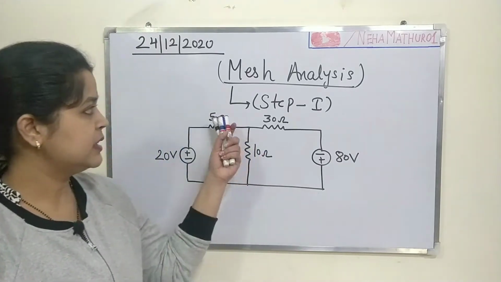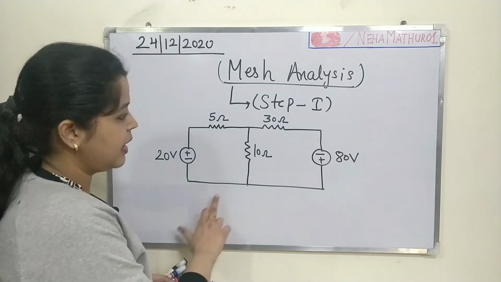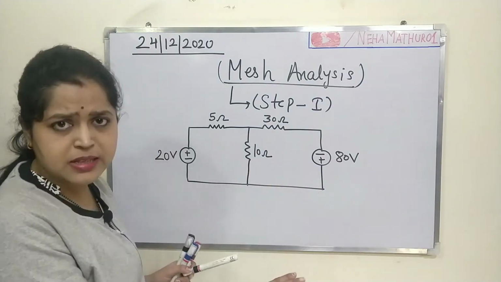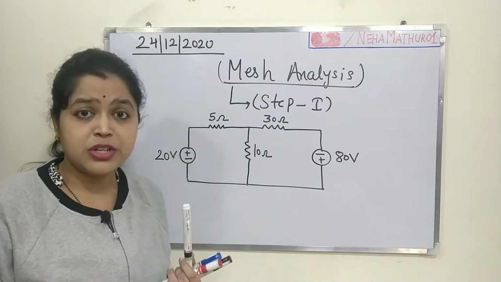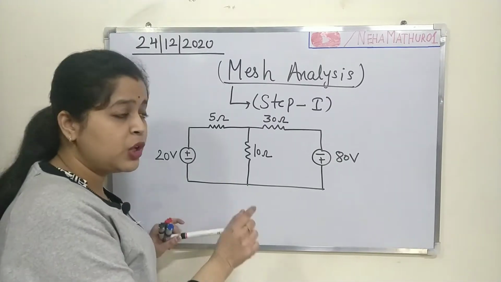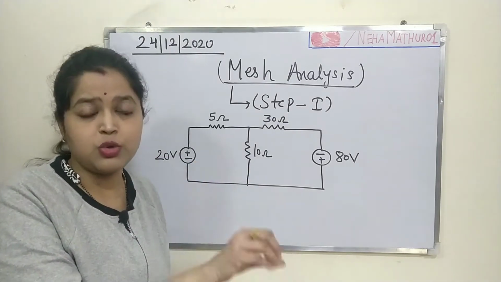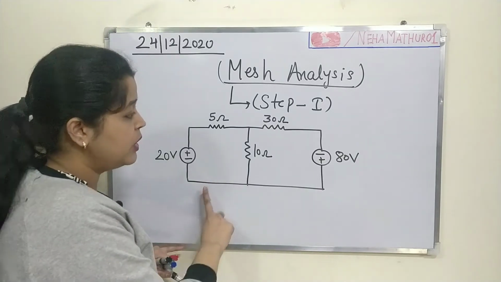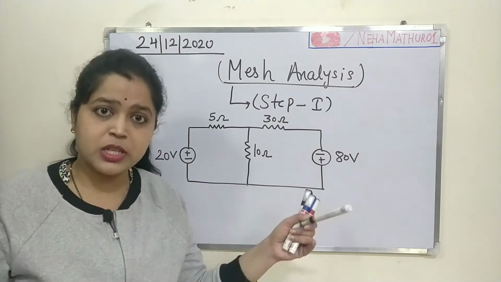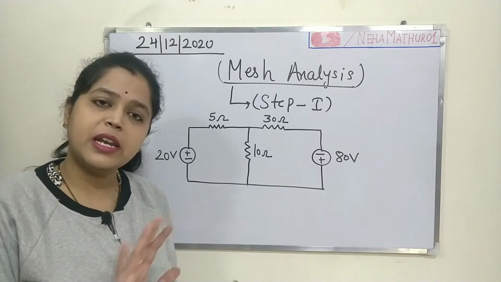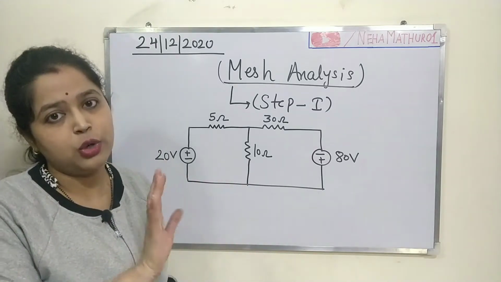So the first step is, you will have to identify all the meshes present in any given circuit. Here I am taking a simple example and we will apply the mesh analysis method to solve it. I am mentioning one more thing: any particular circuit is not tied to a particular method to solve it. You may use the node analysis method to solve that circuit also. Fine. You may have several methods to solve any particular electrical circuit, but preference should be given to these two basic methods, nodal and mesh.